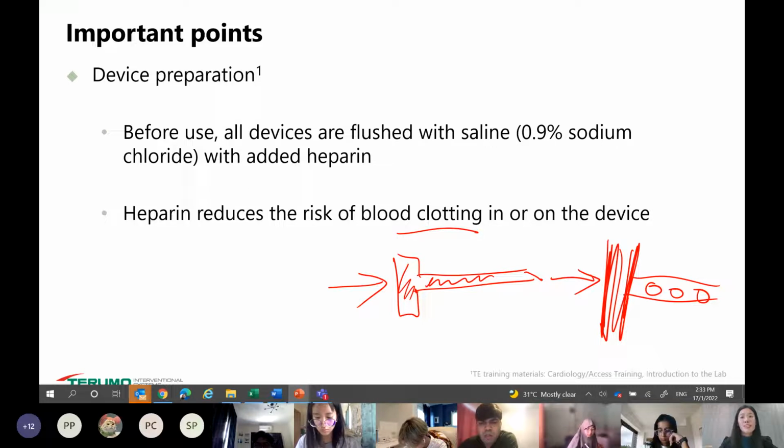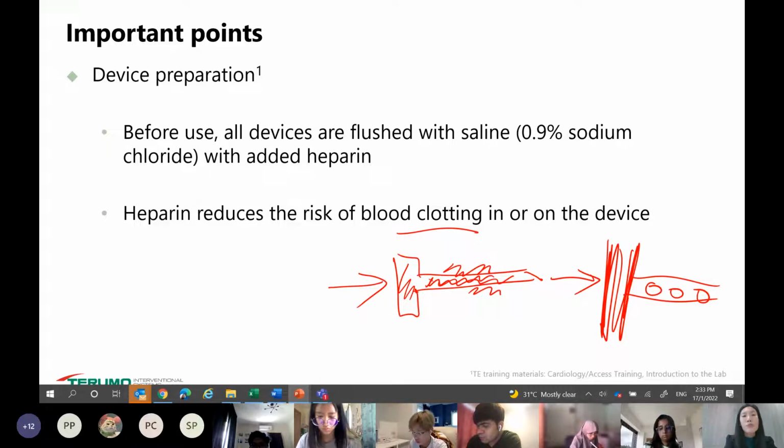It may cause vessel blockage when you introduce devices like that directly into the body. So of course, you don't want blood to start clotting on the surface, and if there's space within the device, you don't want to push air bubbles into your vessel. So how they